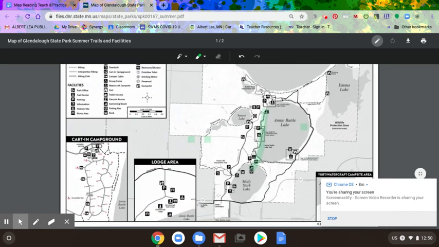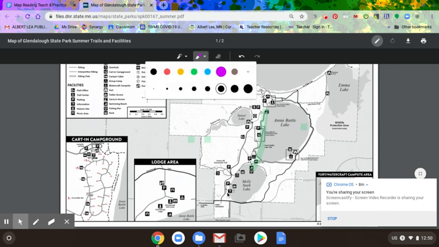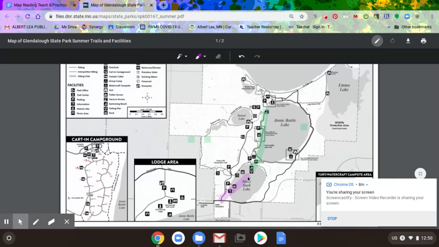All right. Again, I'm going to get something to hold against my screen. You could also make a line if you could draw on it. Boom, there's Emma Lake. I hope you can tell that is definitely not straight up and down. It's definitely not an arrow that's directly to the right or left. So it's definitely not north, south, east, or west. We have an option that's going to be traveling